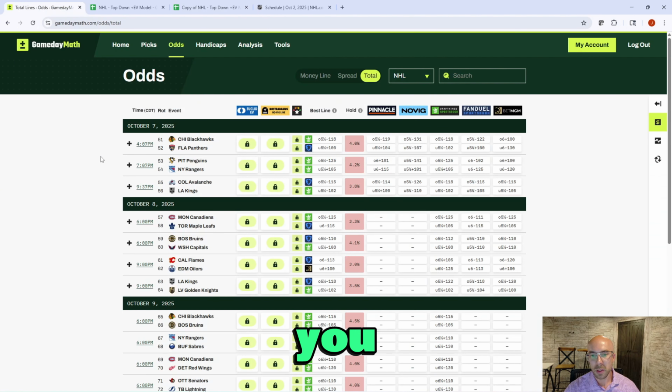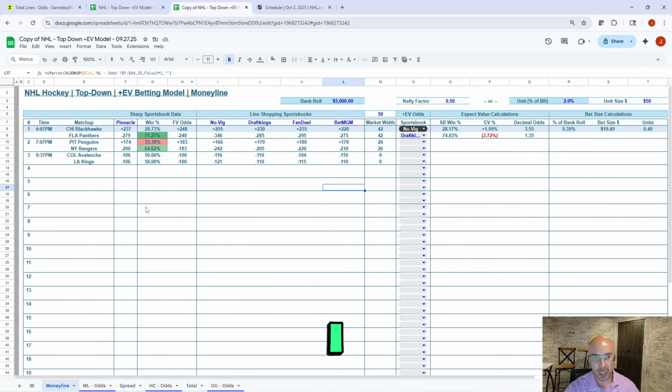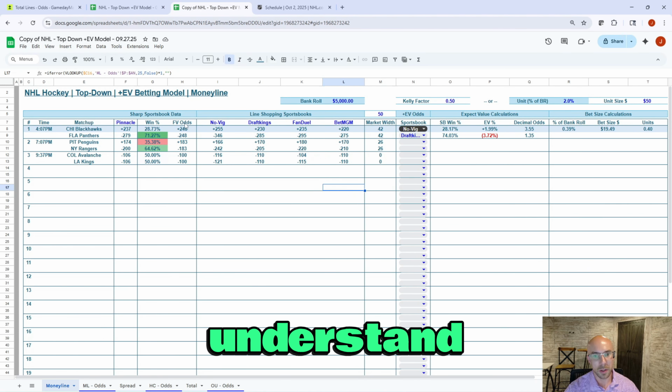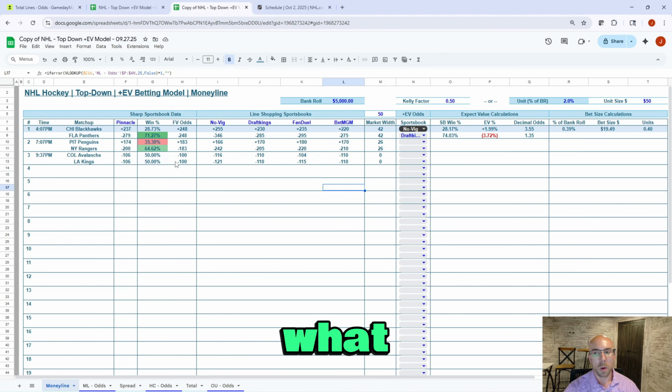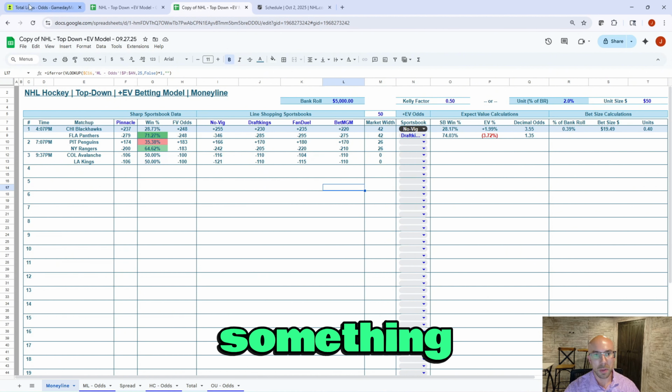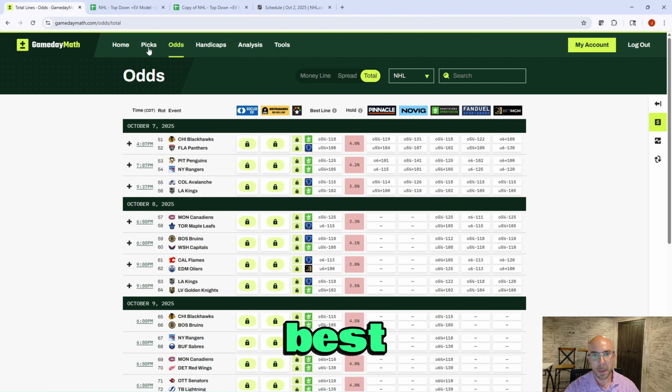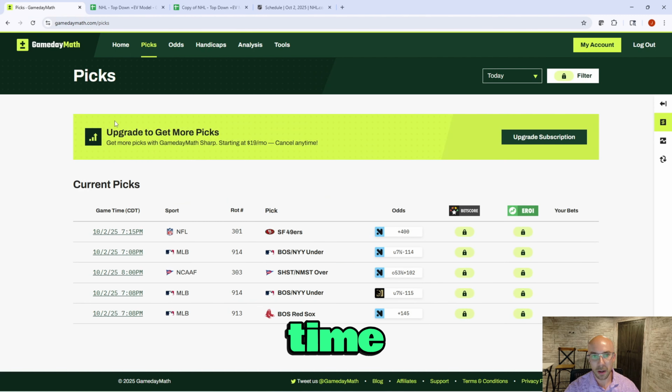And I will say, if you are getting into this, want to get started sports betting, I think this really is the best path. So you understand the line chopping, understand the devigging, what makes an EV bet an EV bet. But if you're looking to make more dynamic bets, not have to go in and do a copy paste and just have something that's going to identify the best EV plays at any given time,